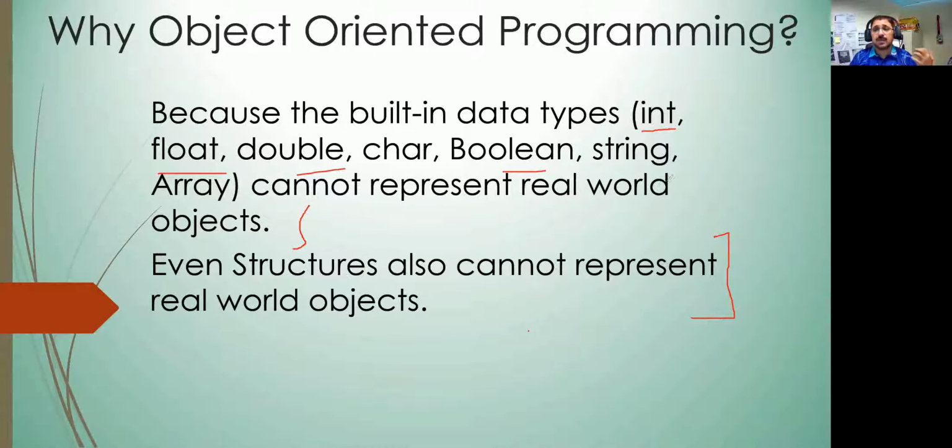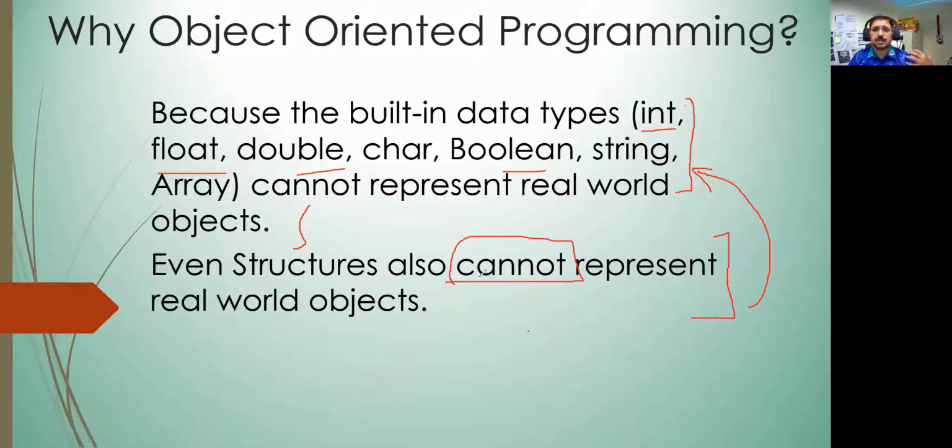For example, the student can write, the student can walk, the student can sing. So meaning to say, the structure also cannot represent the real world object, because a structure is only combining properties. A structure is not adding any functionality to these properties.